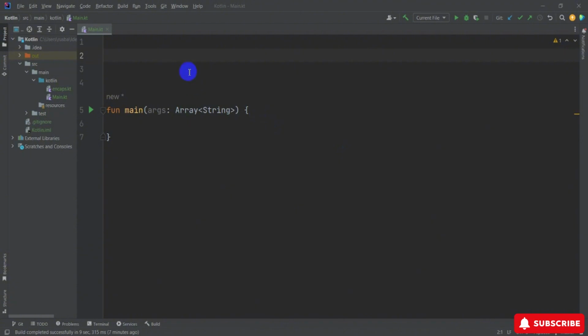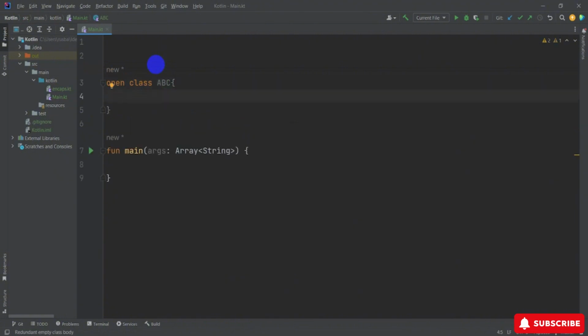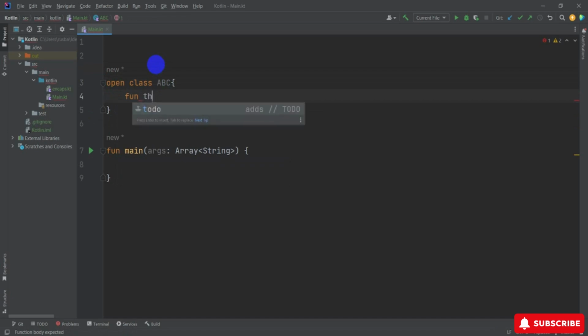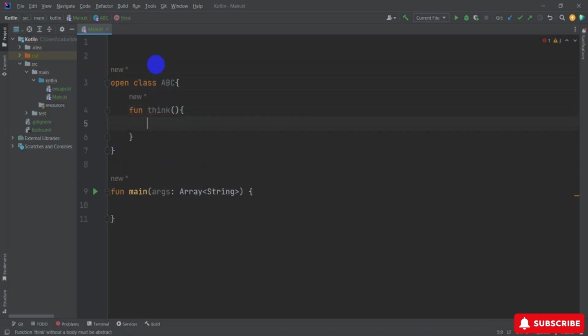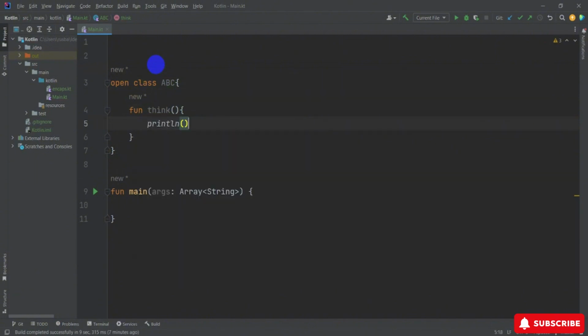So now first of all I'm creating a simple inheritance class, okay. So first of all I'm going inside this code, and here create an open class, okay. Open class ABC, okay, and I create the curly braces. So inside this, first of all type fun, for suppose isInk, okay, and create the parentheses and also create the curly braces. So now inside here I use the print function, and inside the print function I create the message, hey